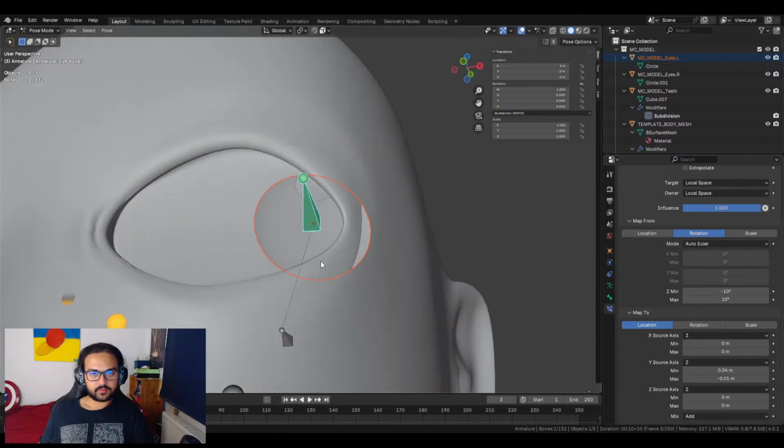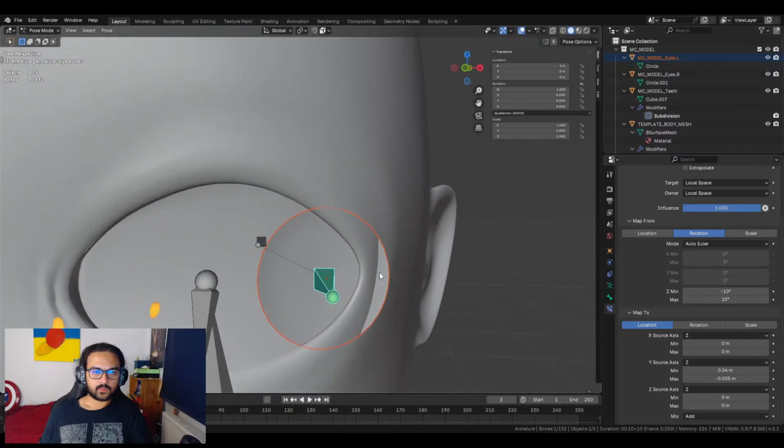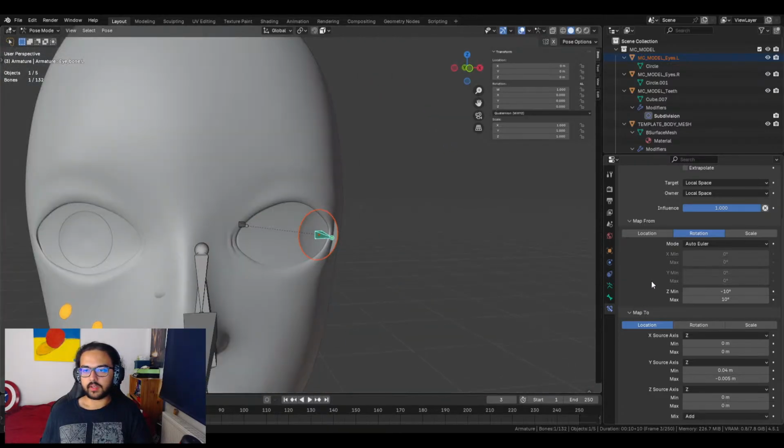Understanding it. I'm understanding it. No, 0.005. And I now